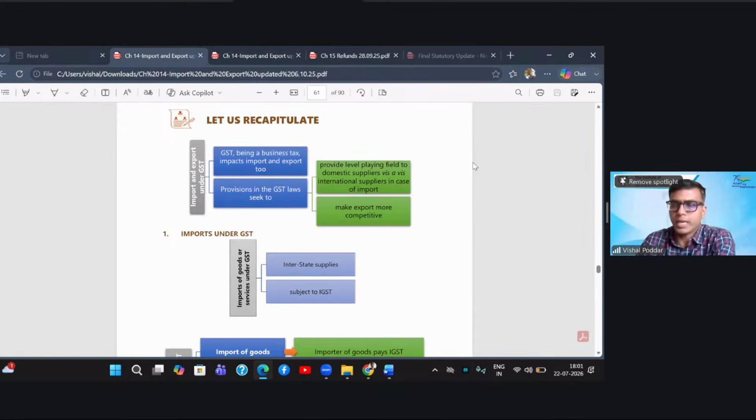But having said that, it is also important to keep in mind that what customs law deals with is basically only the import export of goods. Point number one. Point number two, the customs law is limited only to the imposition of duties which form part